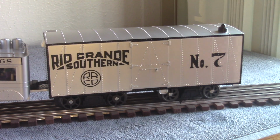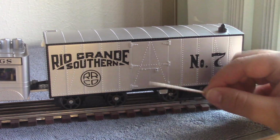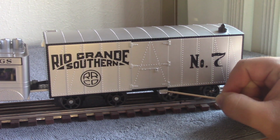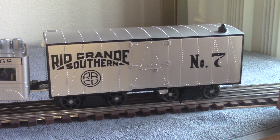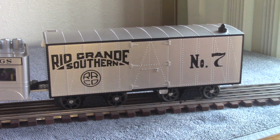Continuing on with the boxcar portion, we have some nice rivet detail that you can see better now. And along here we have a molded in lock and a door that does not open with some steps down here. Continuing along, we have the trucks for the boxcar portion. On top we have a little representation of what a stack could look like, which had a stove inside the